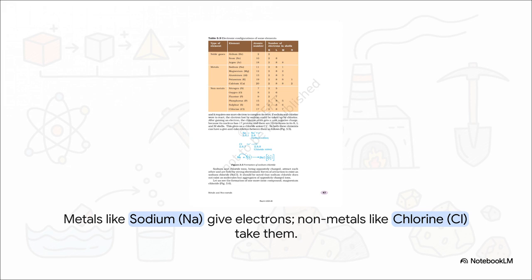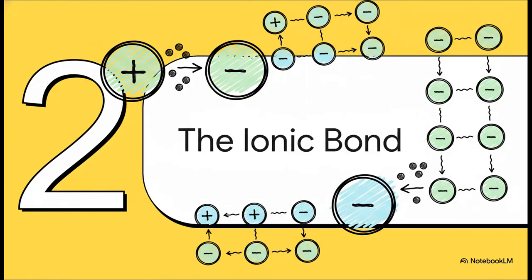Now look at chlorine, a nonmetal. It has 7 outer electrons. It is so close to having a full shell, it just needs 1 more. You can probably see where this is headed, right? And that whole dynamic, you've got the metal that wants to give an electron away and the nonmetal that desperately wants to take one. That sets the stage for one of the most powerful connections in all of chemistry, the